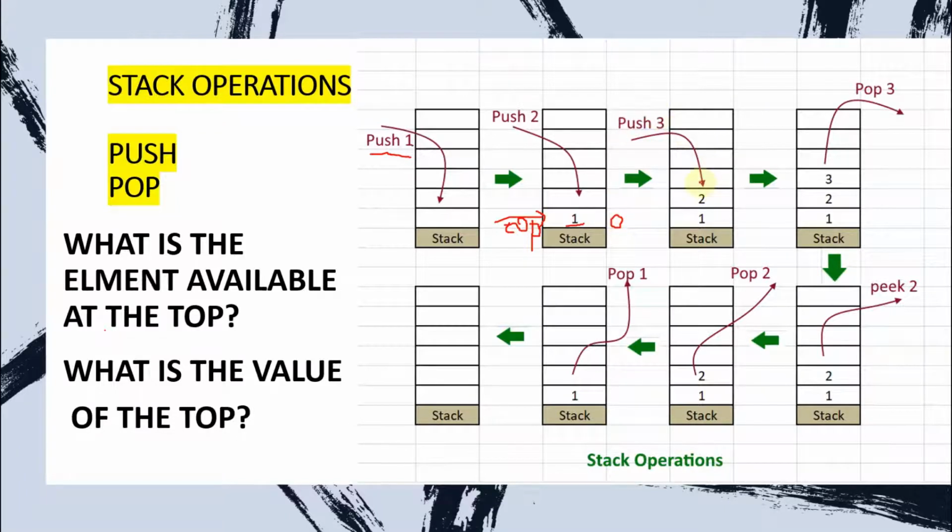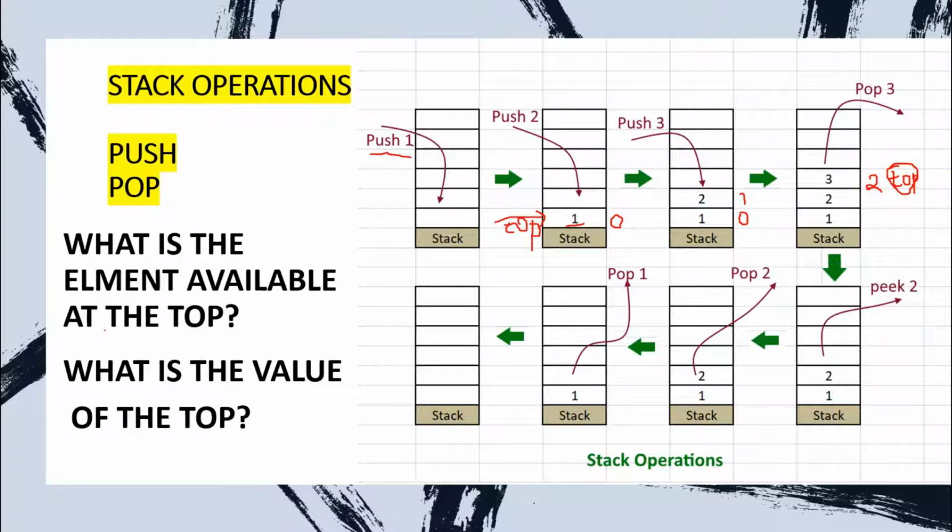Now when I'm pushing a number 2 inside, it is going to appear here. So this index is 0 and this index is 1. Now my top is getting incremented by 1 when I have pushed 2. When I push another element, 3, my top is incremented again, so my top index is 2 right now. This is the value of my top variable.